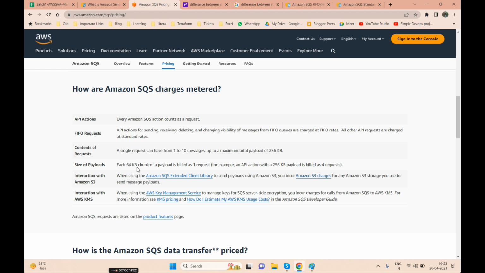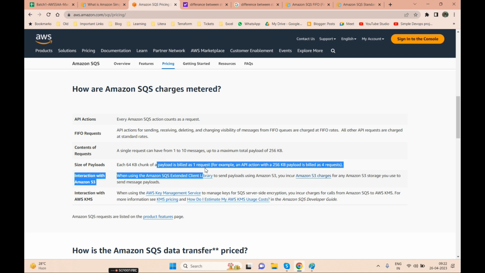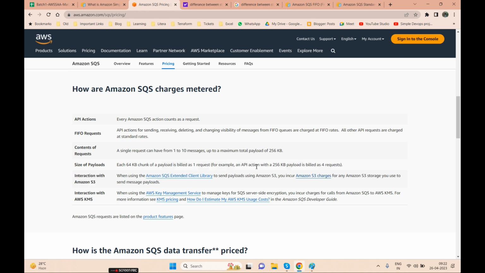So each chunk will have 64 KB of the load. The first request will count as one request. For example, if 4 requests are taken and the total size is 256 KB, it will count as one request. Okay, now